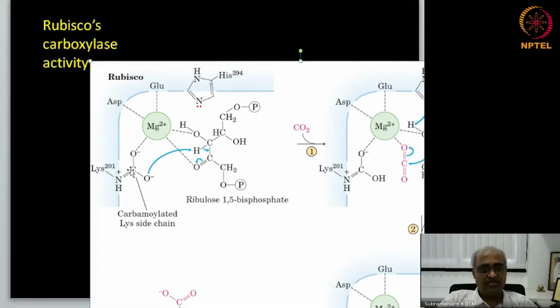And this is the carbamyl side chain. You know, carbamyl is NH2COOH, carbamic acid. Here the lysine side chain NH2 is in carbamyl form with this carboxylic group. And so this one is abstracting a proton from the substrate. So this is the ribulose bisphosphate, and